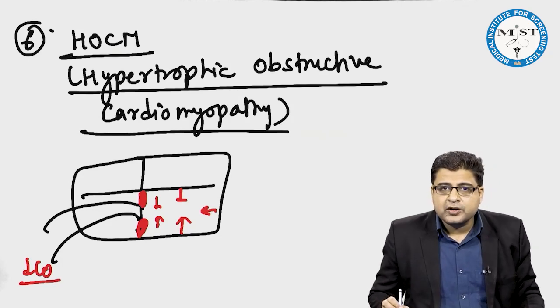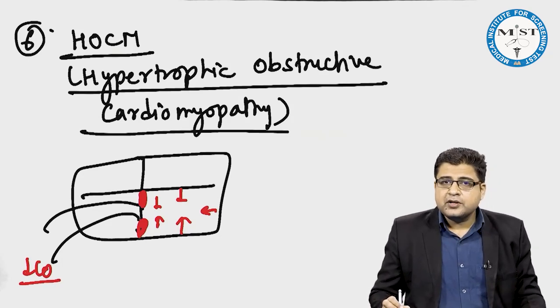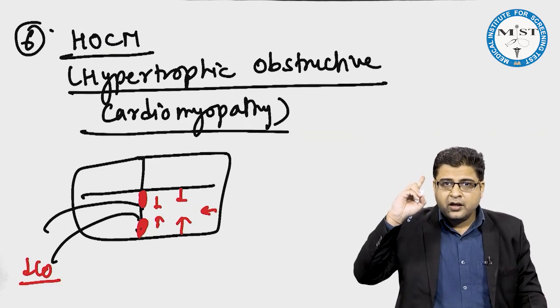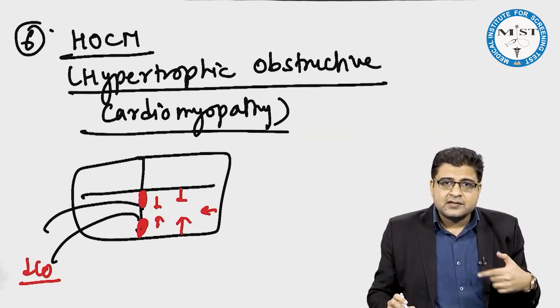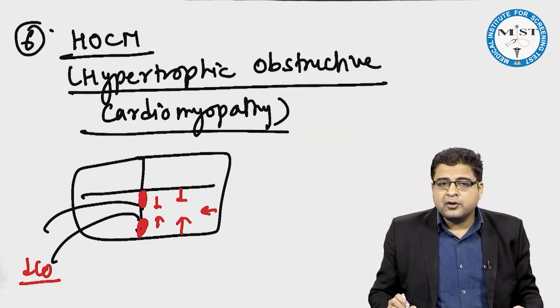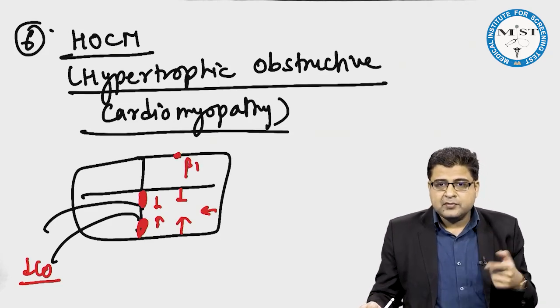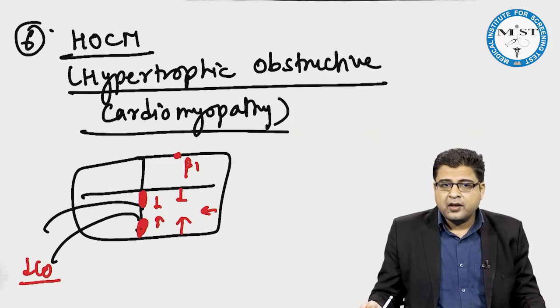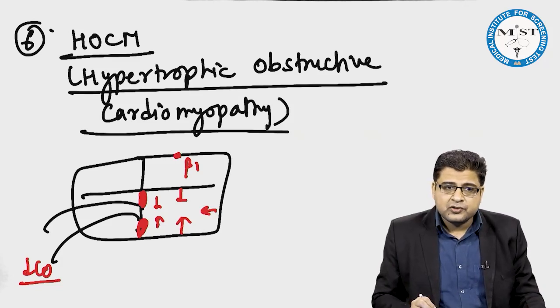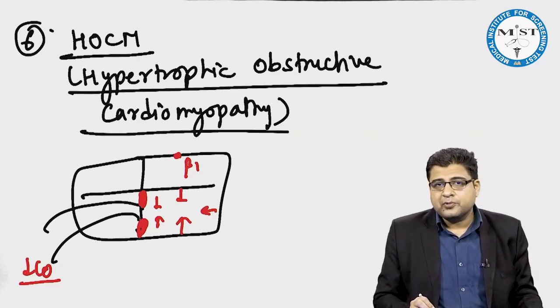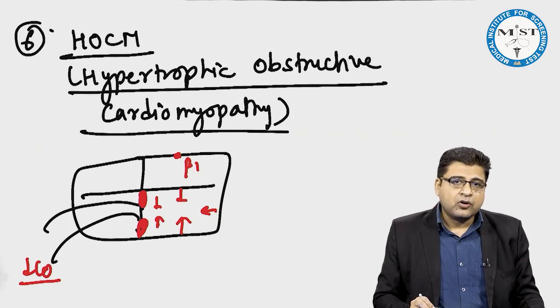And if this cardiac output is reduced, signal will go to brain, and now this brain will further increase the sympathetic tone. And because of this increased sympathetic tone with the help of beta 1 receptor, next time the heart will contract more forcefully. And if this heart will contract more forcefully, there is further reduction of cardiac output. And this cycle will continue.